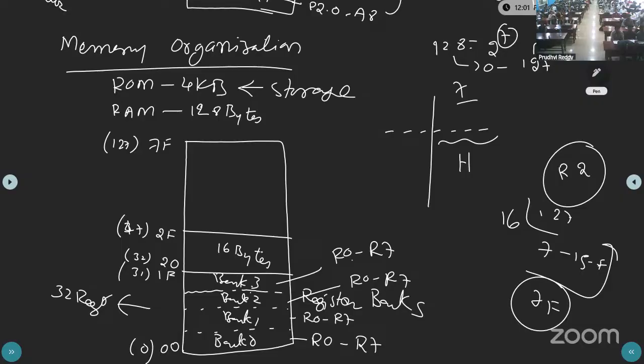16 bytes can be used for bit addressable area. Bit addressable area, after this diagram I will give the note. So this is 20 to 2F, or 32 to 47 bits, that is the 16 bytes can be used for the bit addressable area. Next, 30 to 7F, that is 48 to 127, can be